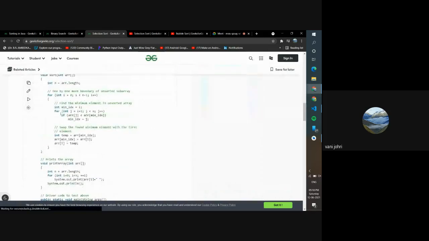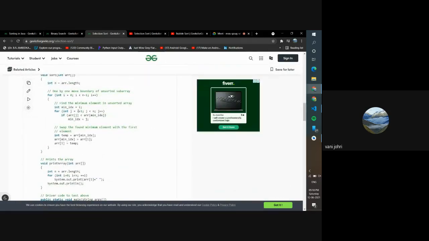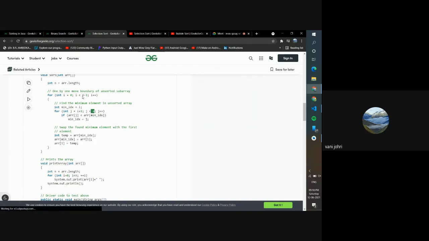Alright, so we run a loop. Now this one is going to start from i plus 1 because the first element is the one we are comparing. Let's say the first element of the array was 11, so we do not need to compare 11 with 11, right? We need to compare 11 with the next element. So it starts from i plus 1, and j is less than n. Notice the outer loop is less than n minus 1 and this is less than n. So this will actually work.